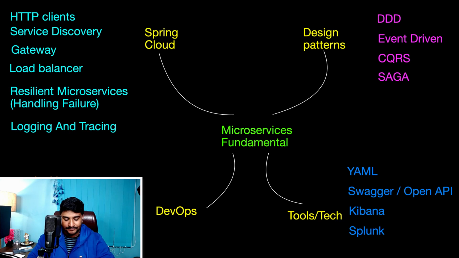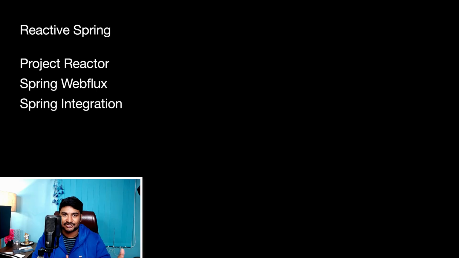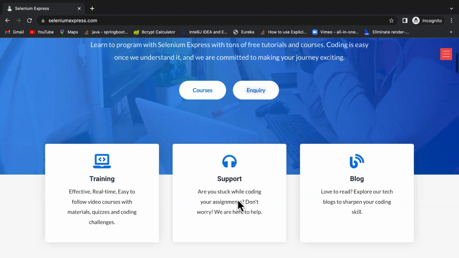Understand about it. Okay, so these are the things, and there is also some other Spring stuff you can learn along the way, like WebFlux, Project Reactor, the Reactive Spring. You can understand about Spring Integration, the ESB. There are a lot of different things available in the Spring Framework. You can explore that once you complete all this, because if you understand this much, whatever I said, the other modules of Spring are going to be too easy. You can learn it by yourself. You can just see the documentation and complete it in a day if you have a good hold on